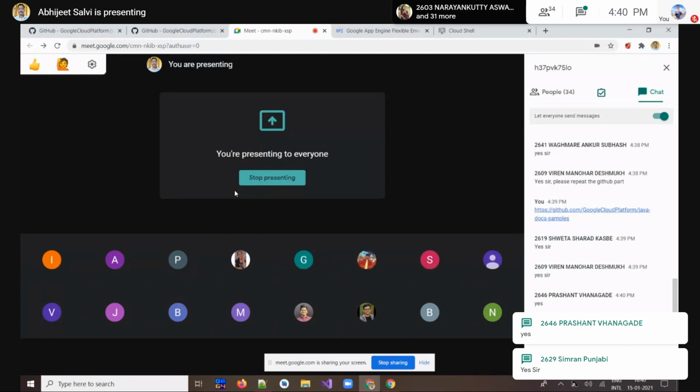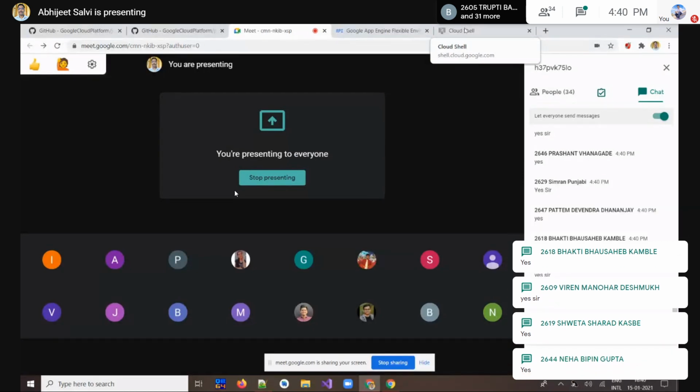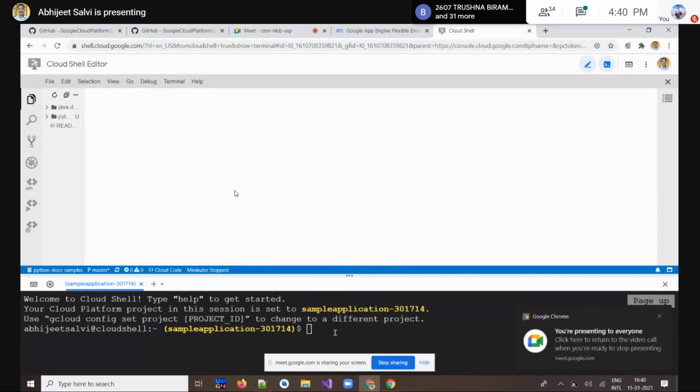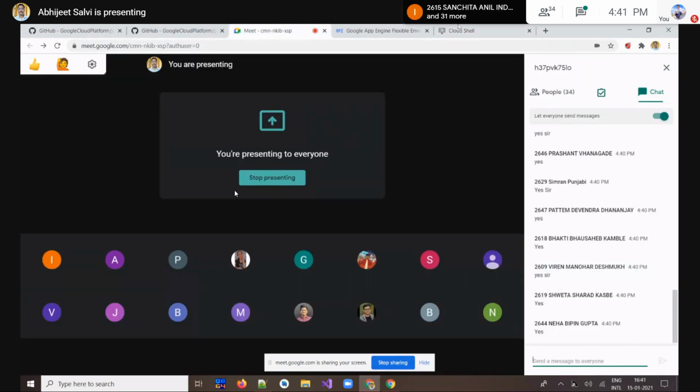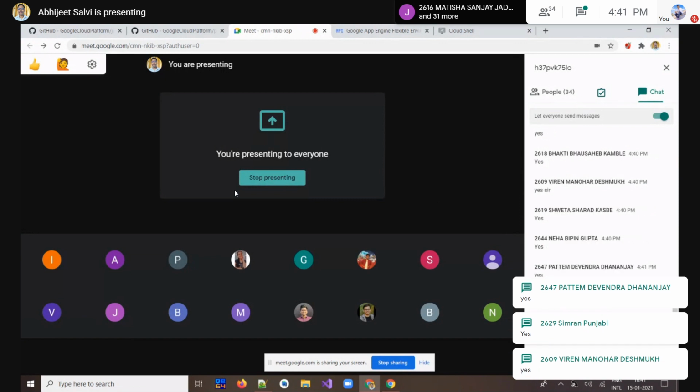Okay. Now we'll proceed to the next step. We have to go back to our shell because we don't have the program yet. Now we'd like to get that program, so we'll go back to our shell window. We have to write the clone command here, git clone, and then copy the path. Let's focus here. Are you able to read these commands which are passing in the Cloud Shell? Let me know, all of you.